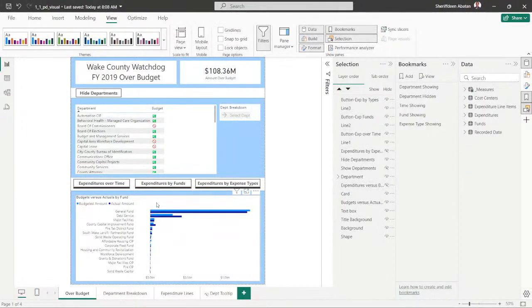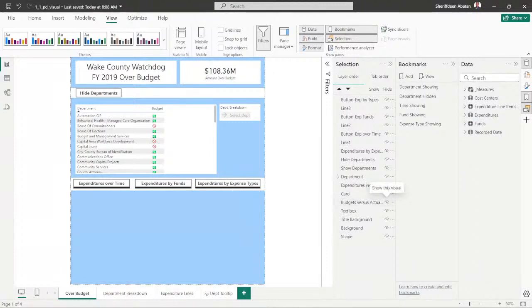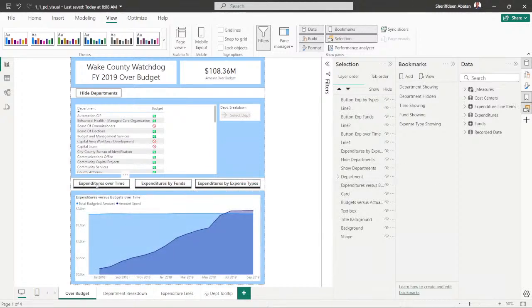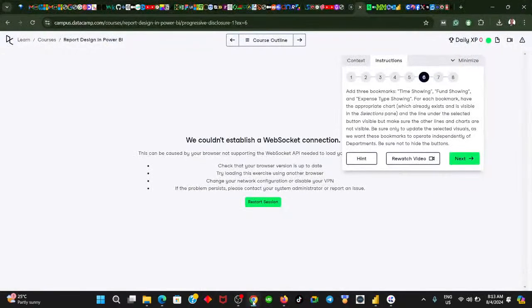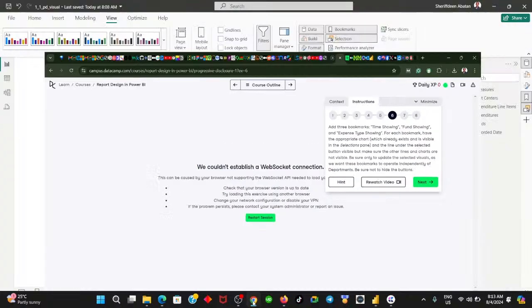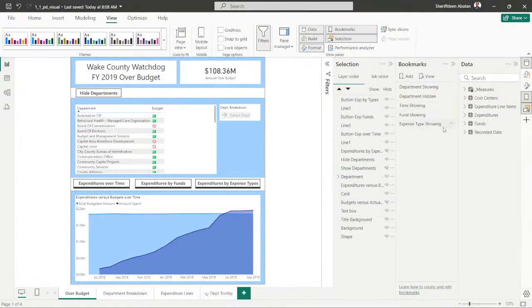But I want this expenditure by funds, which is the second one here, to be hidden. So I want this to be visible. Whenever I select this visual here, this should be visible. So that's for that. It says for each bookmark, have the appropriate chart visible and the line under the selected button visible, but make sure the other lines and charts are not. It's quite straightforward. So for this time showing,